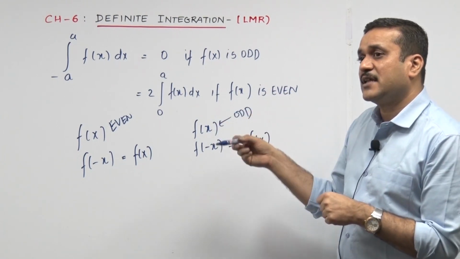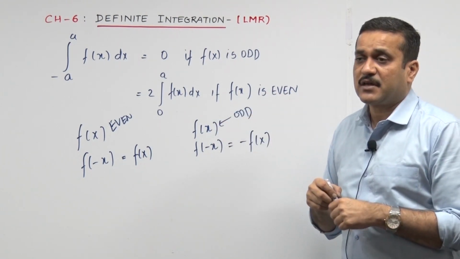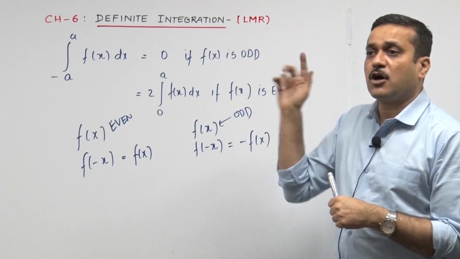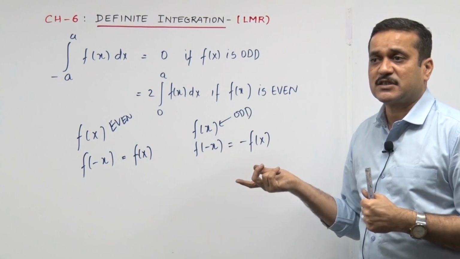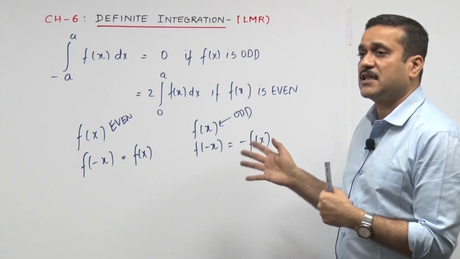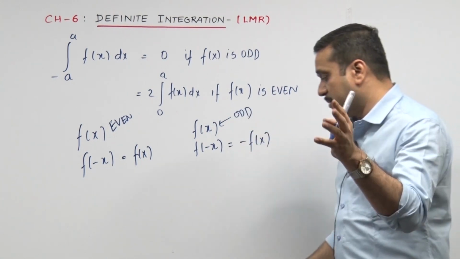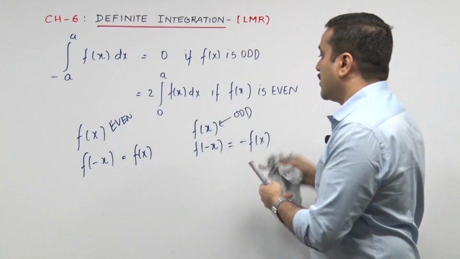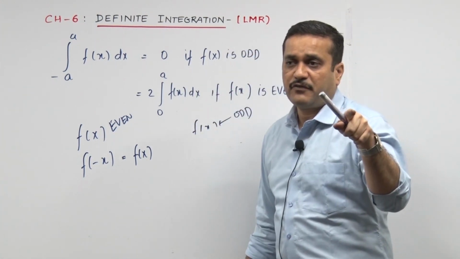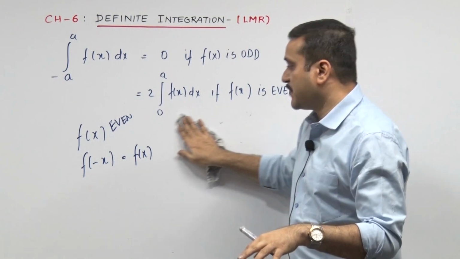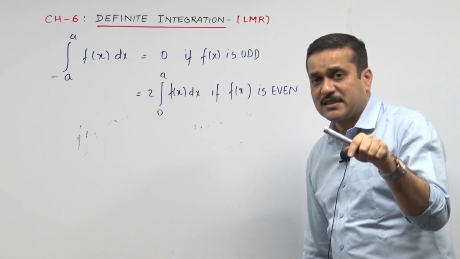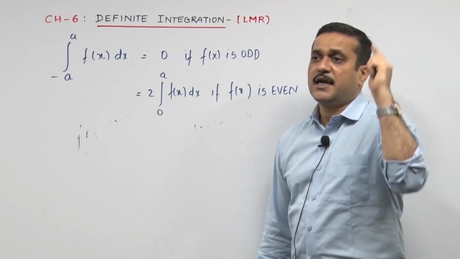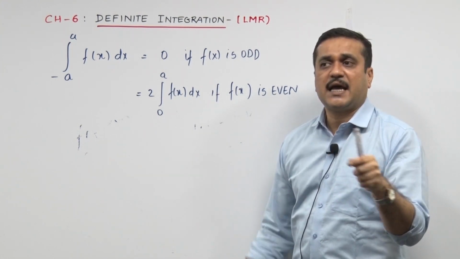Because if it's even, then the sum still stays alive. Rather than going minus 8 to 8, it now becomes twice integrate 0 to 8. But ultimately you will have to integrate your function dx if it turns out to be even. So everybody wants the function to go this way. But coming back once again, can I punch it one more time? I give you f of x, you find f of minus x. If it comes back to f of x, the function was even. If it comes back to minus f of x, the function is odd. Let me punch it one more time.